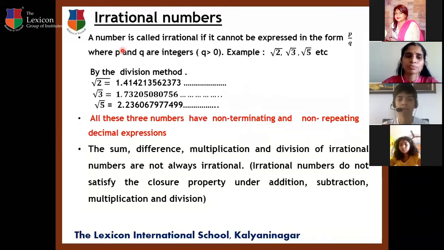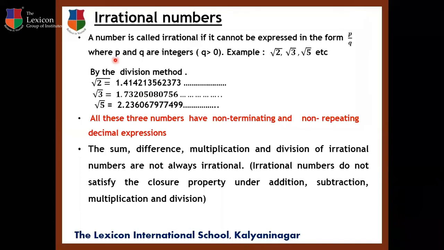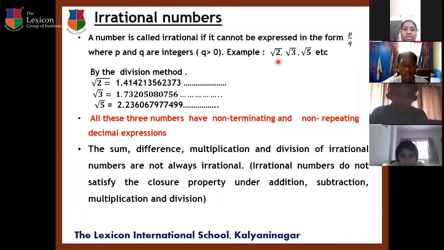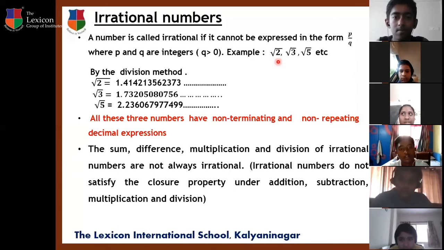A number is called an irrational number if it cannot be expressed in the form of p by q. It's already explained. Whatever numbers are other than rational ones are irrational numbers. Actually, till now we have worked with only rational numbers. Here, the square roots of non-perfect squares are considered as irrational numbers. Then, by combining them, through product, division, or other operations with irrational numbers, we can also get irrational numbers as the answer. Let us see that later.